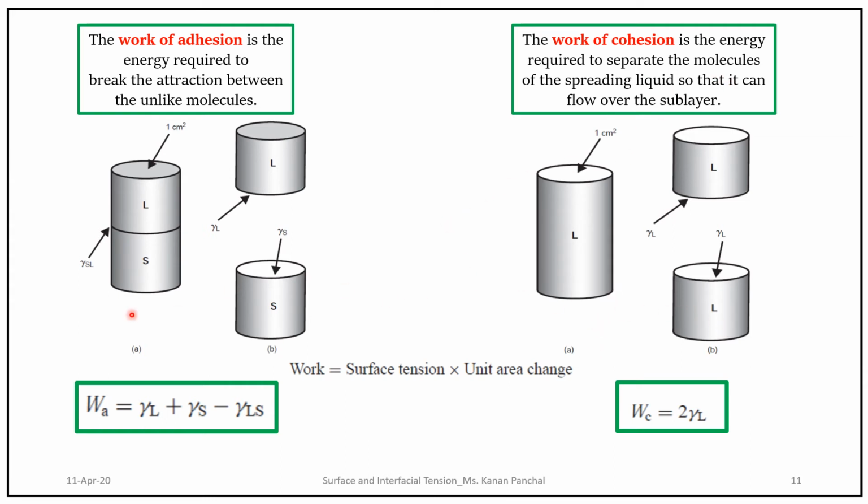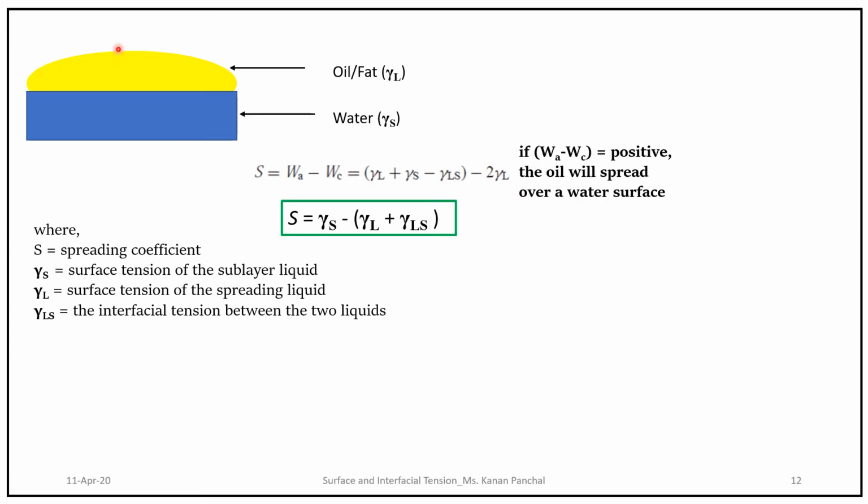Therefore, the work of cohesion is given by 2 gamma L and work of adhesion is given by gamma L plus gamma S minus gamma LS. Here, since we are dealing with the same like molecules, there is no interface. Hence, the term gamma LS is not used here. Now, spreading coefficient is work of adhesion minus work of cohesion, which is further written as this. Therefore, spreading coefficient is equal to gamma S minus gamma L plus gamma LS,